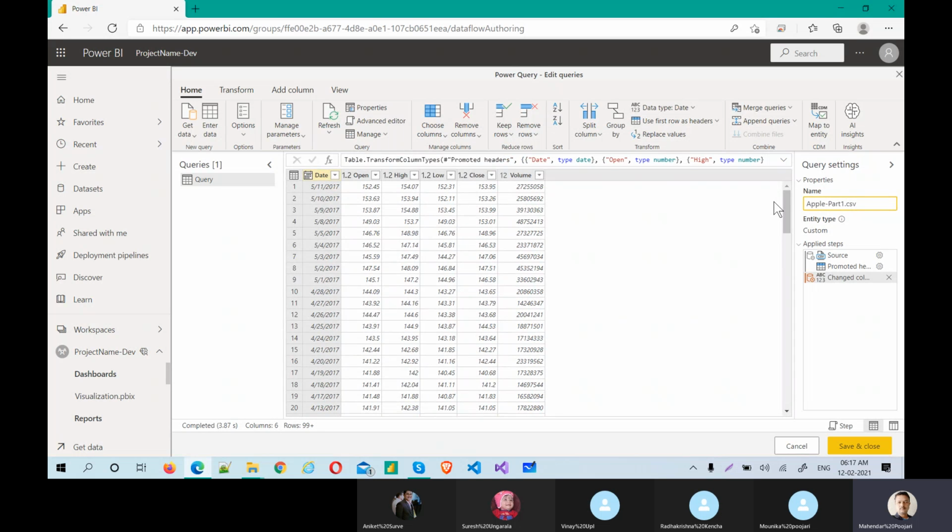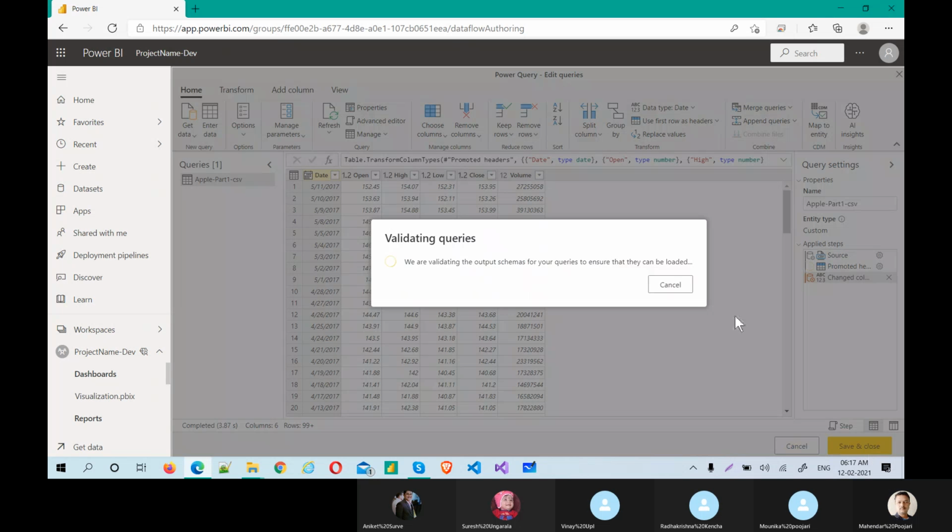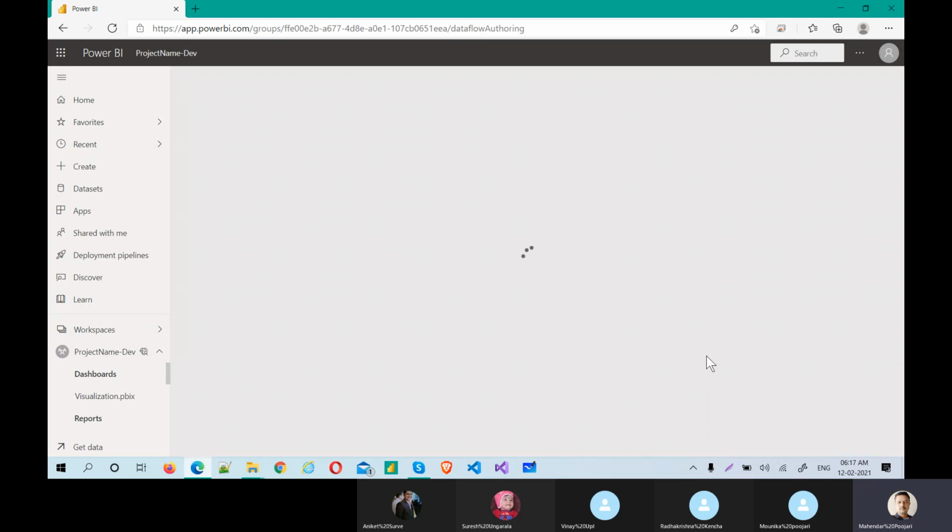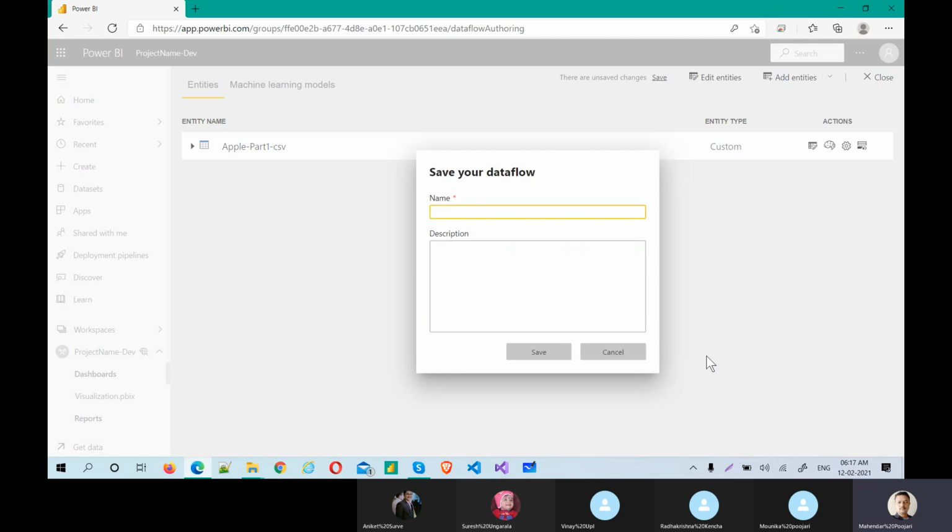It won't allow dots, so instead put a dash. Whatever transformation you want to do, you can do. The date is date, open is open, everything is fine. Now save and close. It's validating now. This is the way to create the entity.